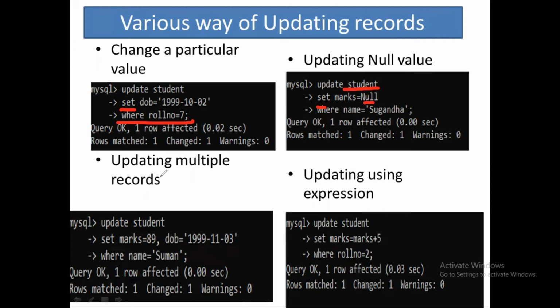So now the next is updating multiple columns. If you want to make changes in multiple columns, you can do so. Suppose marks भी change करना है, DOB भी change करना है. So what I did: UPDATE student SET marks is equal to 89, DOB is equal to this. यानी कि I want to make the changes in marks also, DOB also, लेकिन किसका? WHERE name is equal to someone. So you are supposed to put the condition, otherwise again marks 89 and this DOB will happen for everyone. So if you don't want this, don't forget to put the condition.